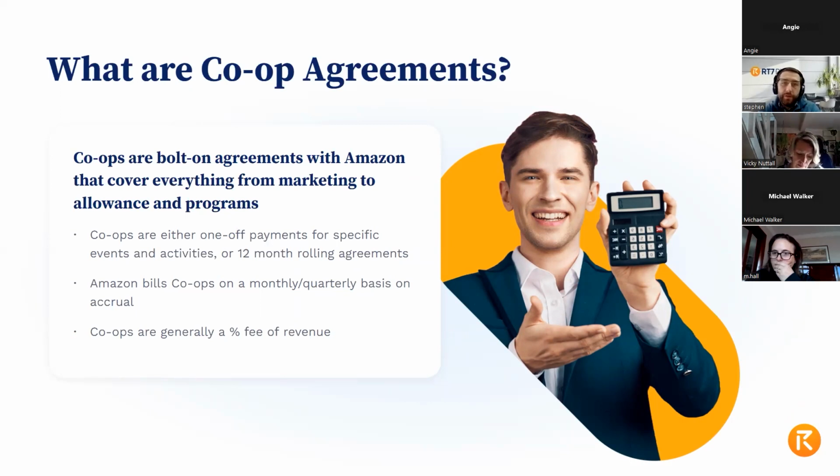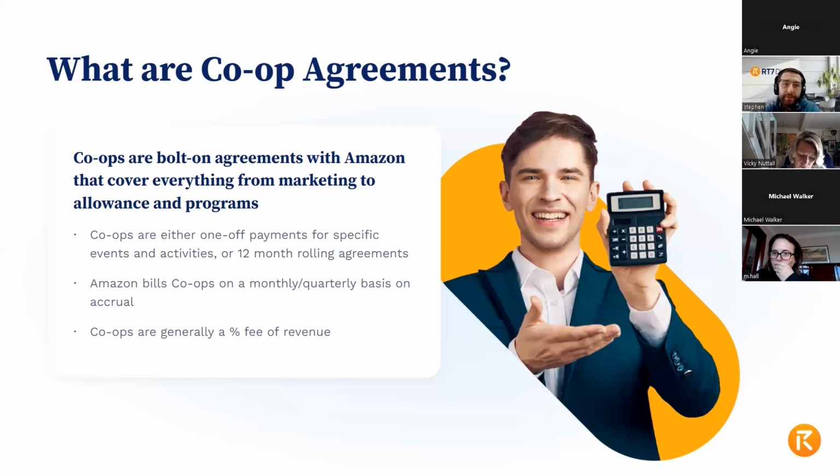With the co-op terms, there are a couple of things that can happen. Around this time of year, I always recommend doing a very brief audit of your terms. This is the most common time of year that Amazon will just bring in terms without even making you aware of them, and you can find a term just spontaneously appear on your account. If that does happen, you do need to dispute it relatively quickly. It becomes a lot harder to remove once it has been there for a while, and you've then been billed for that co-op and you need to try and claim that money back. At least now you can prevent it from billing.